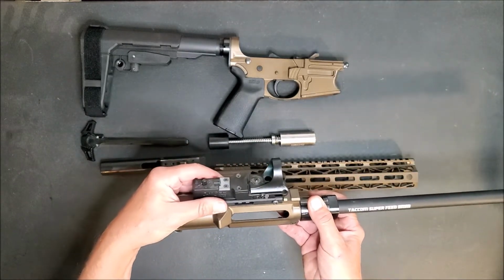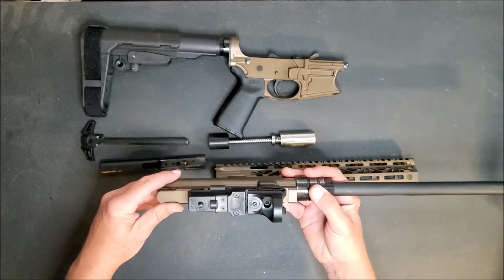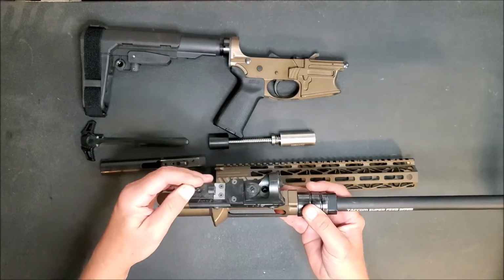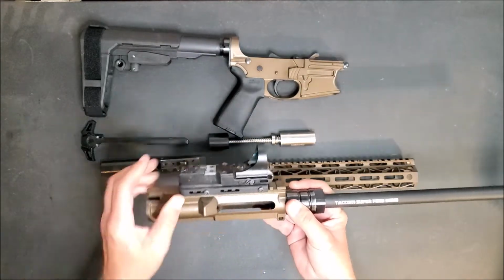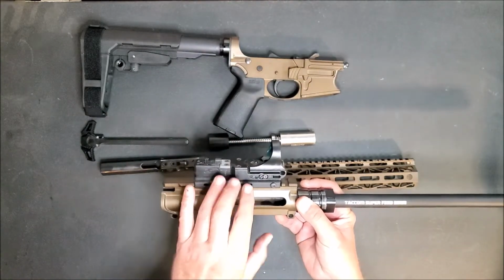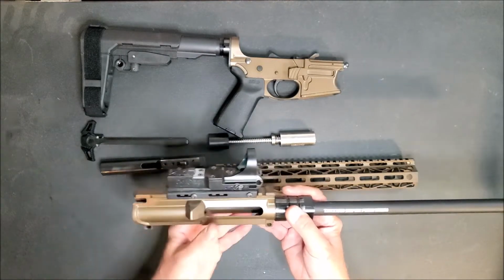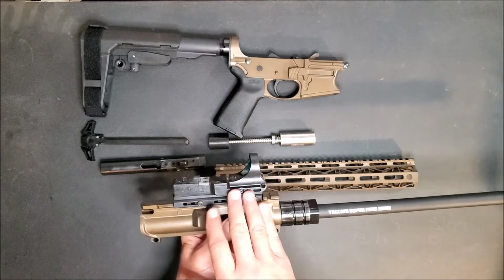This is all polymer, with the exception of where it attaches to the upper. And they're just built like a tank. They have a real big picture window that's easy to see. I'll probably do a separate review on this because I really like these sights. But like I said, everybody has their preference on optics, so I'm not even going to include this in the